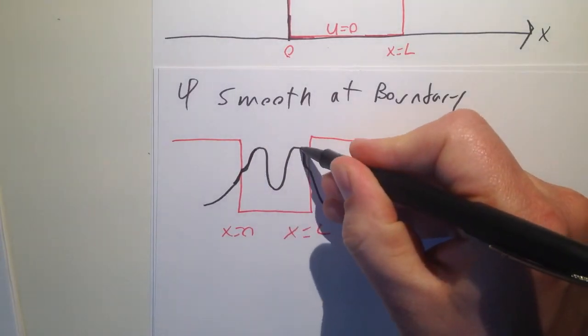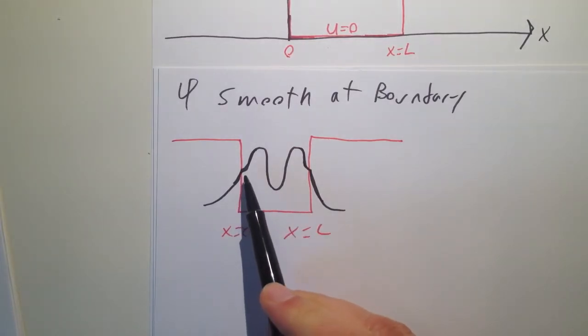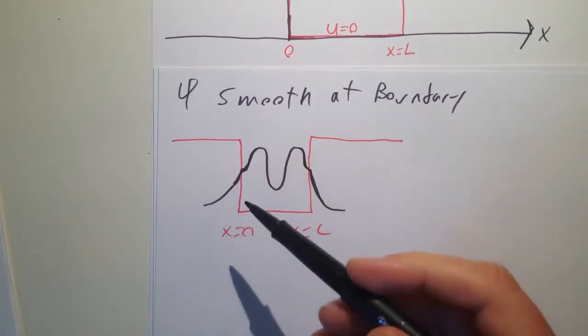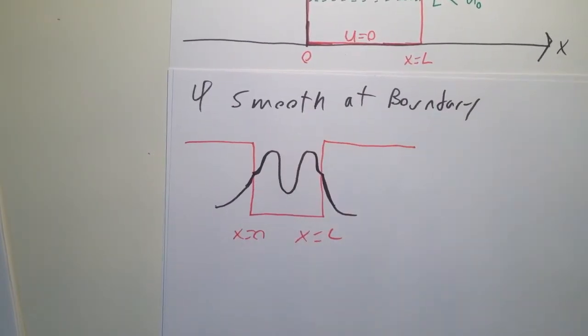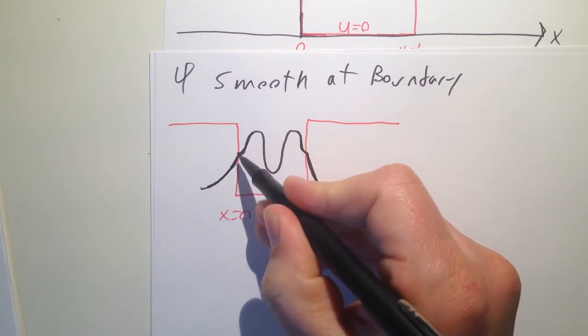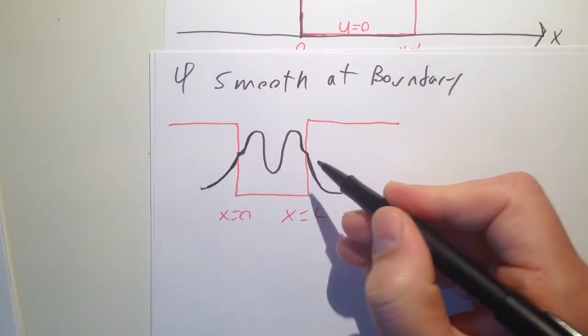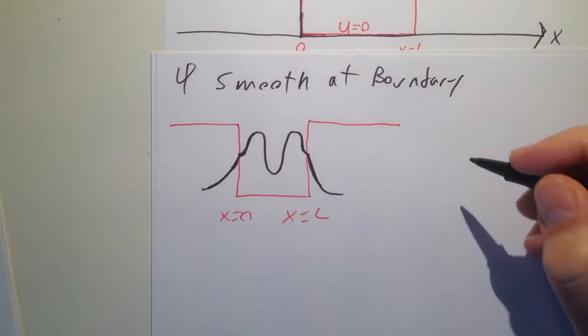I'm not the best artist in the world, but as I drew it here, you can see my first boundary condition is satisfied, where the decaying exponential has the same value at the boundary as my sinusoidal function, but the way I drew it, the slope is a little bit different, right? There's a kink here and there's a kink here, and we can't have that. Okay, if we had a kink here,